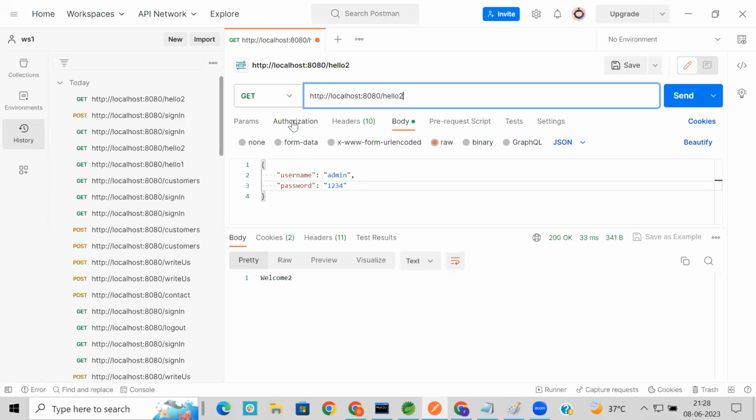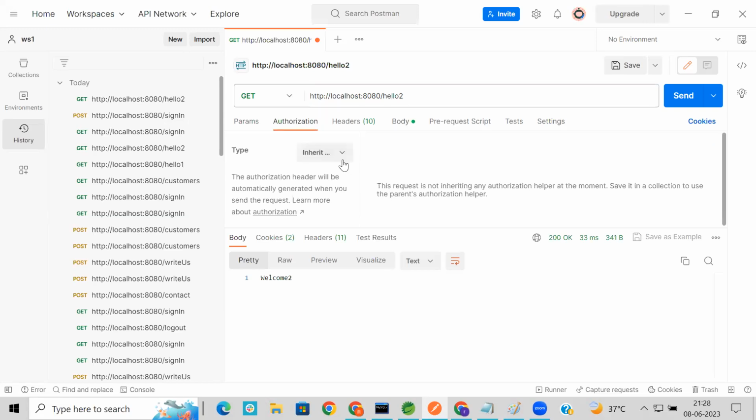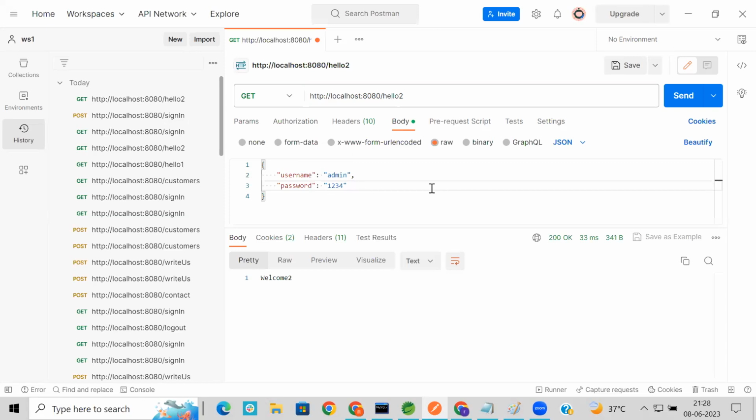So in this example, I have not used the authorization header to pass the username and password. In this case, I just use the request body. Now, one important thing, this is not at all a recommended approach to pass the password through the request body. You should always go for the request authorization header, which was the previous approach. But I told you that in some examples, you might see that the username and password is supplied through the request body also,